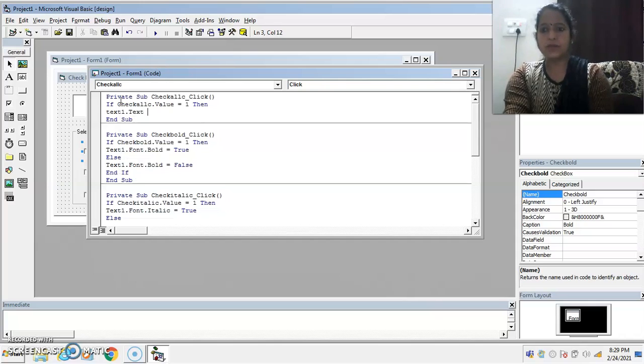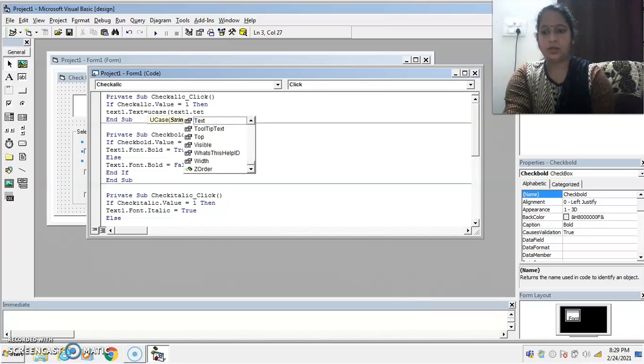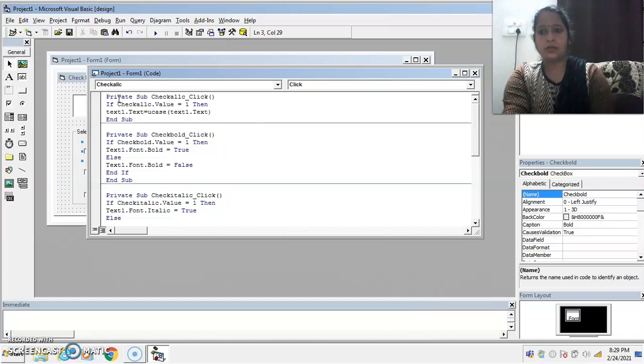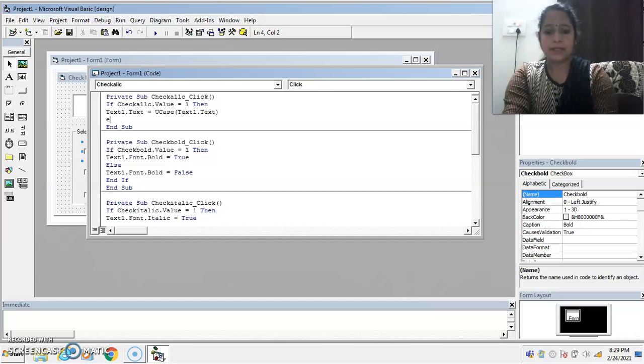Here use the function lcase to change the text into lowercase, and ucase to change the text into uppercase. End if.